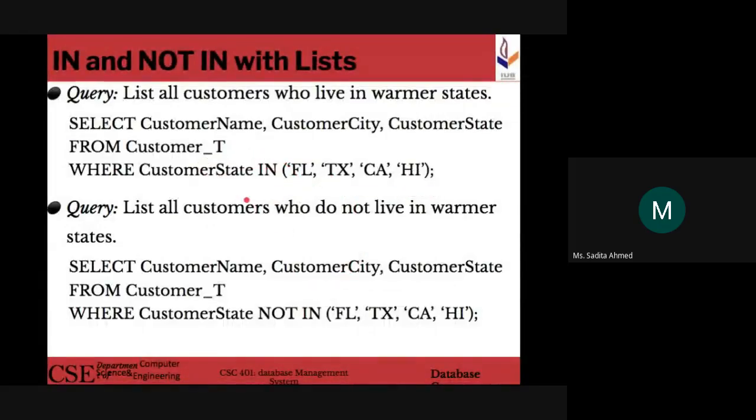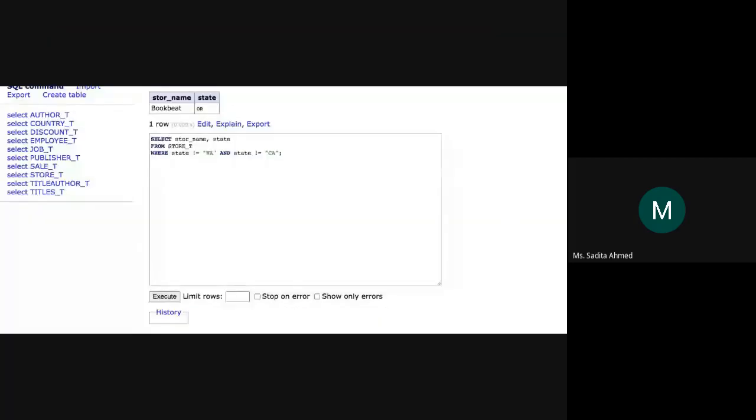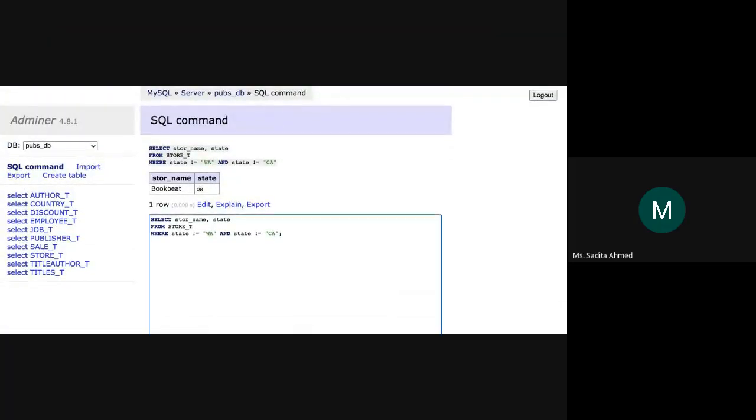And then for the customers who do not live in warmer states, simply IN এর জায়গায় আমি NOT IN use করব। So basically, let's say here, an easier way to do this would be what? Instead of doing this, and in that process we avoid a world of pain, what we could do is state